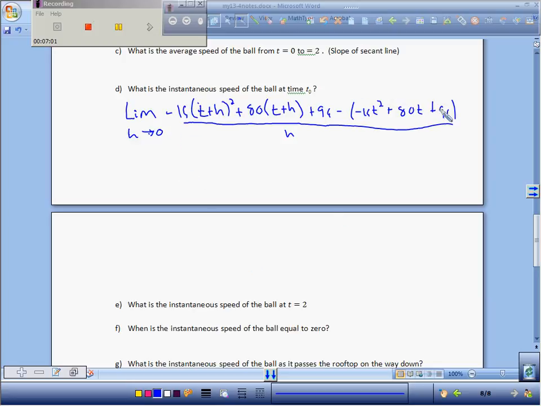And then what happens here is you FOIL this out. Actually, what I would do first is factor out, you can take out a 16 from everything, okay? And eventually what you get down to is the limit. I'm not going to do the whole thing, because it's too long, okay? The limit as h goes to 0. It's really what we did in the last problem. And this squishes down to negative 32